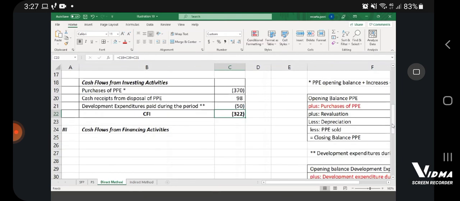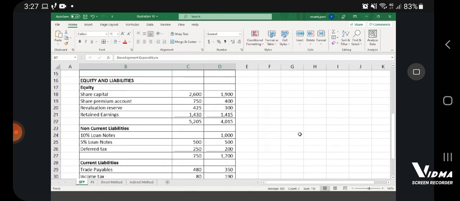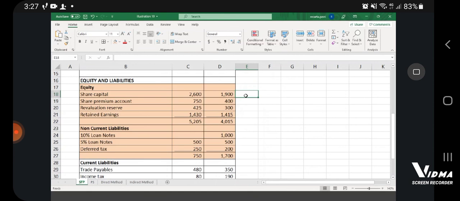Let's focus at the cash flows from financing activities again. This means that in the statement of financial position, I will get to focus in the equity section over here. I'm putting that with a light pink color. That is where I need to focus in order to take into account everything that probably has changed the financing structure. You see the share capital and the share premium, they have changed from one year to the other with an increase. And if I calculate the increases right now, I'm pretty sure that the increase in the share capital